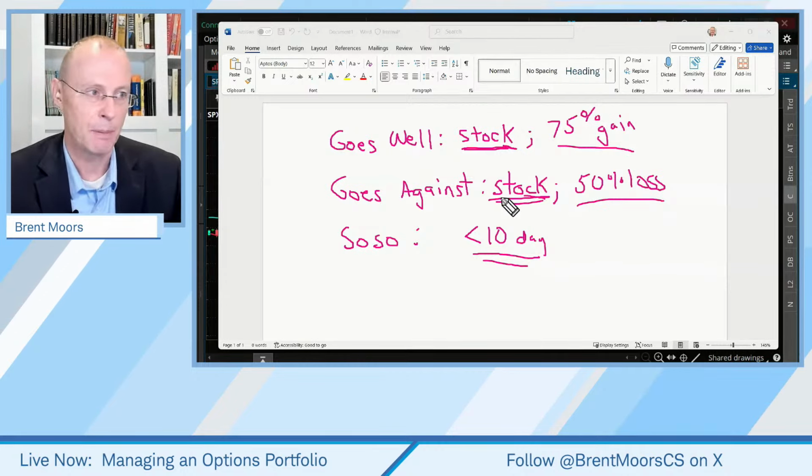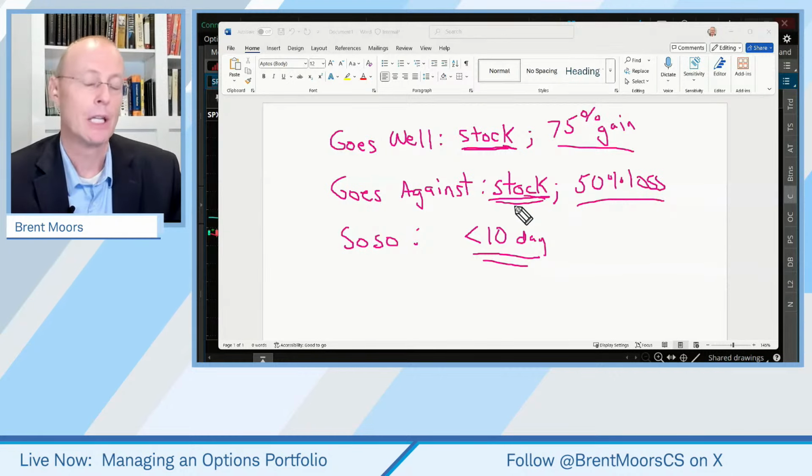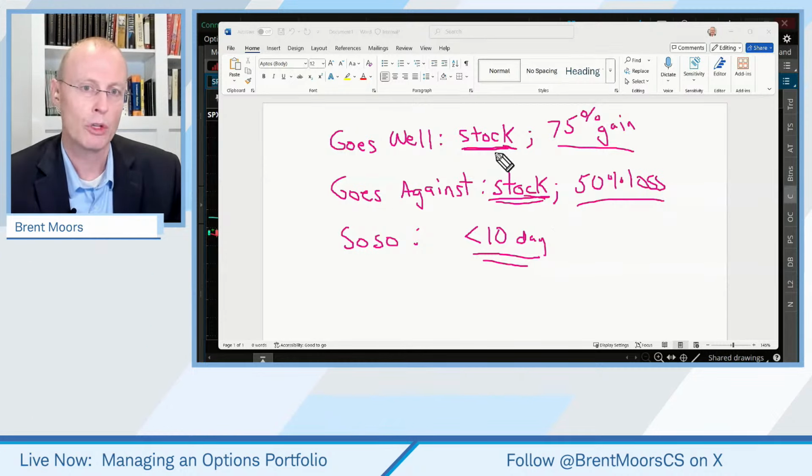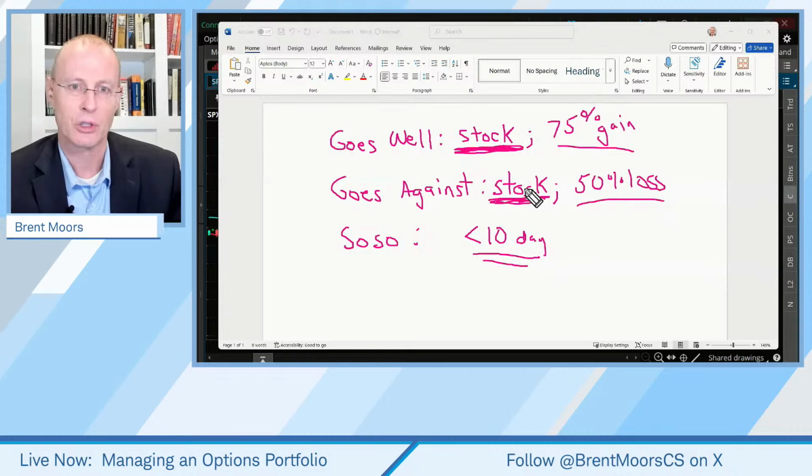Now, DDP asks, can we use a trailing stop on the price of a stock? Well, that would be a little more complicated. You'd probably have to script that if we're putting in a rules-based order here. Usually we're just using a plain stock price. Of course, you can use a trailing stop, but your question is very specific: on an option trade, can you use effectively a rules-based trailing stop on the stock?